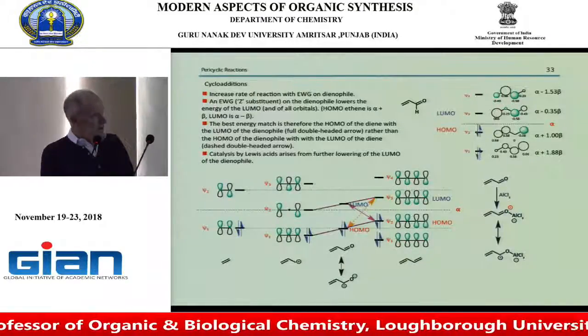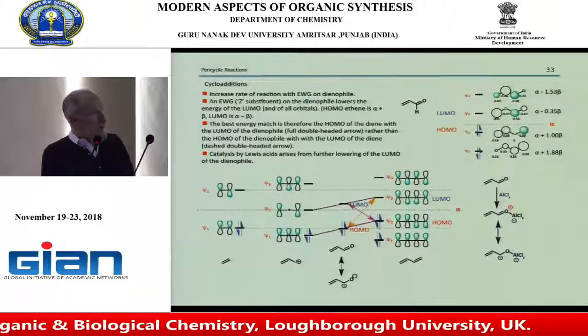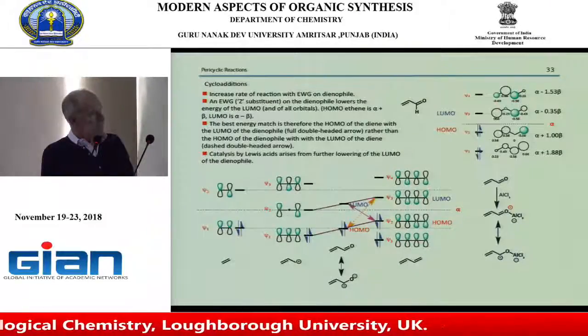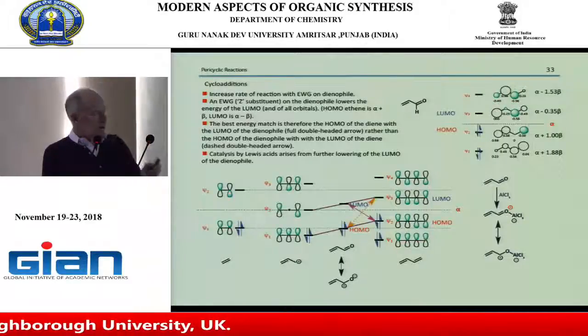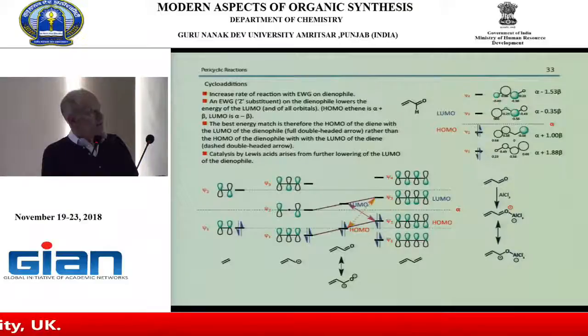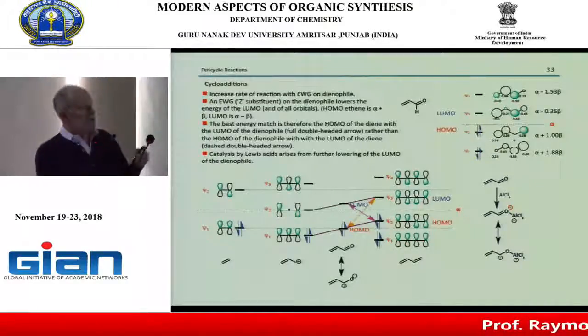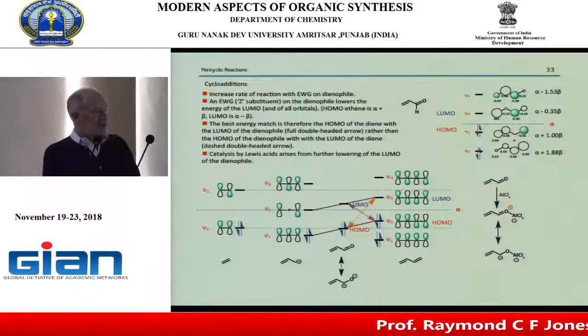So you're making this gap even smaller. The result experimentally, as I say, is that a withdrawing group on the alkene brings everything down, and it makes the homodiene and the